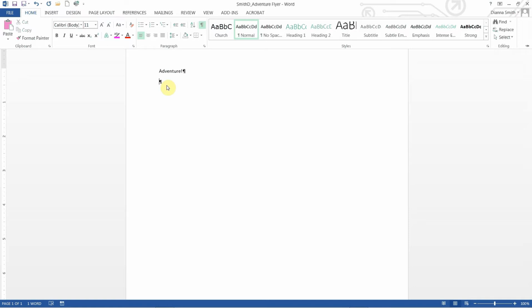On page 7, it says to insert a blank line. We want to press the enter key, and that will insert a blank line. Then at the bottom of page WD7, to zoom to page width, click on the View tab on the ribbon